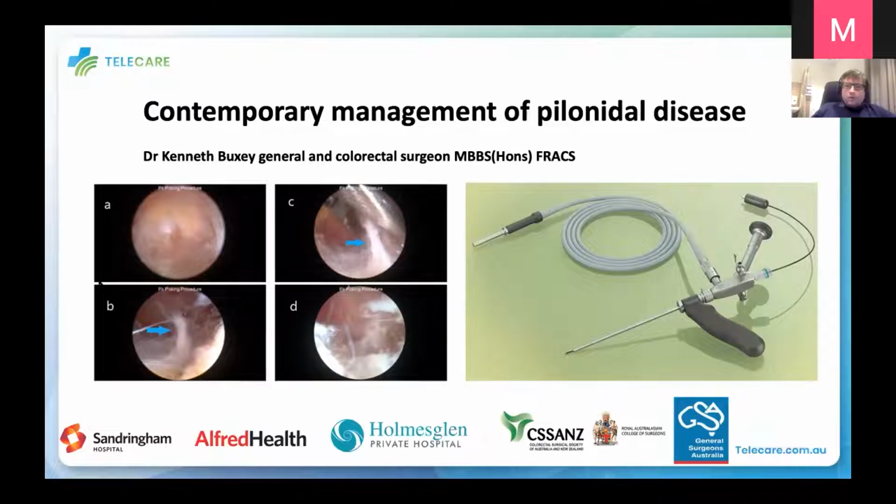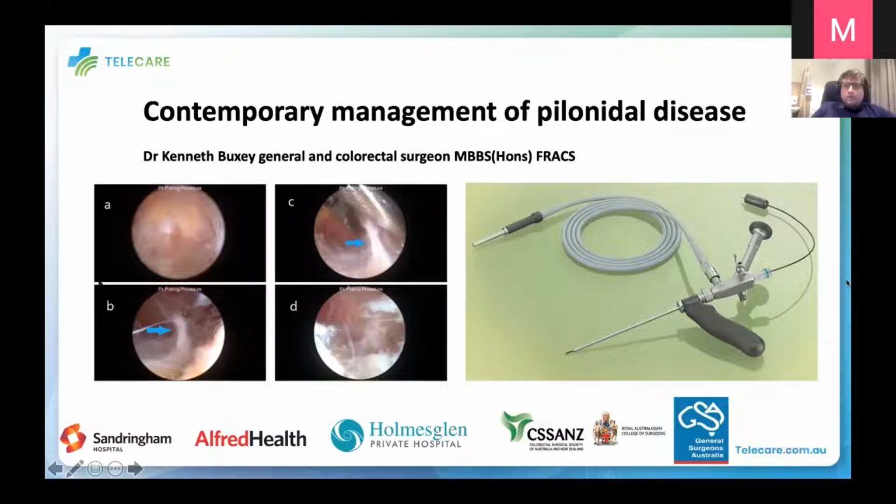So I just wanted to go over the condition a bit and then cover some of the traditional treatments and the pitfalls and problems associated with those, and then go on and highlight some of the more contemporary management strategies and how I think they're helpful and probably more beneficial to patients. The photographs on this slide are actually of treating the condition endoscopically. This is an endoscope that's used to treat pilonidal disease, and these are endoscopic images inside a pilonidal